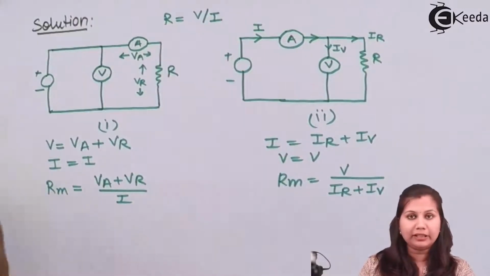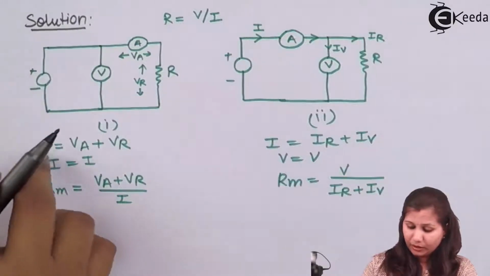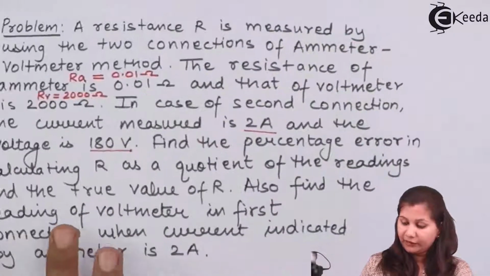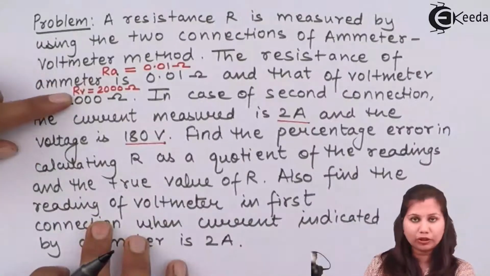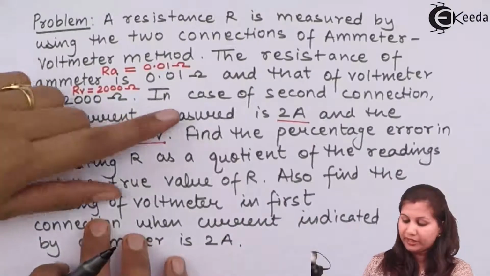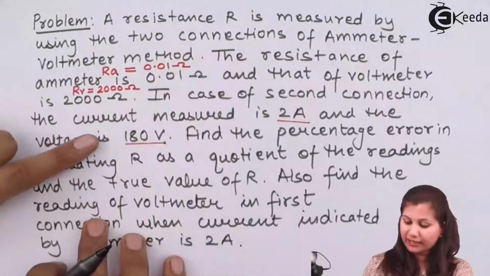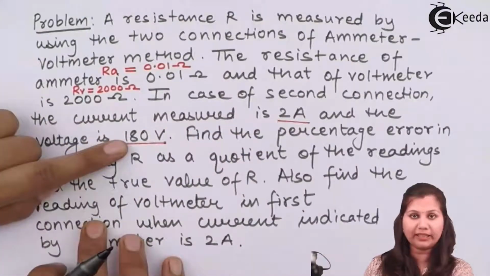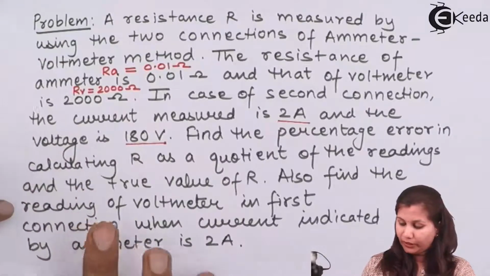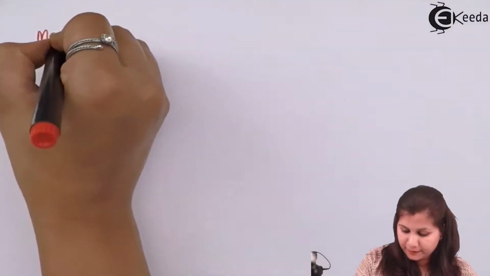Now let's come back to our problem. We are given the resistance of the ammeter and the resistance of the voltmeter, and we are given that in the case of the second connection, the current measured is 2 amperes and the voltage is 180 volts. So in the case of the second connection, if we measure the value of resistance,